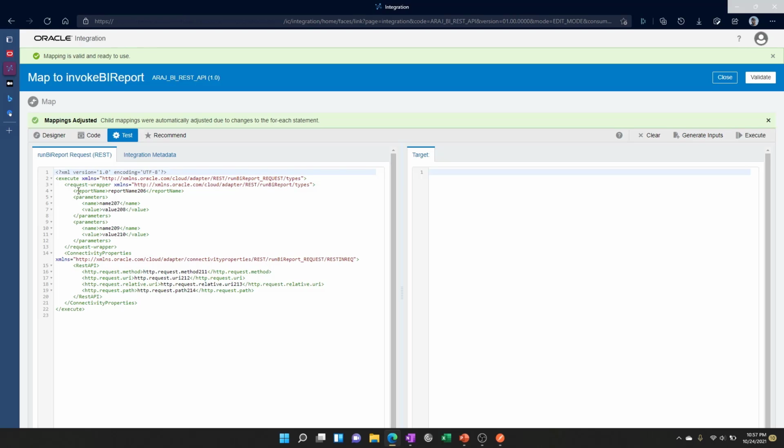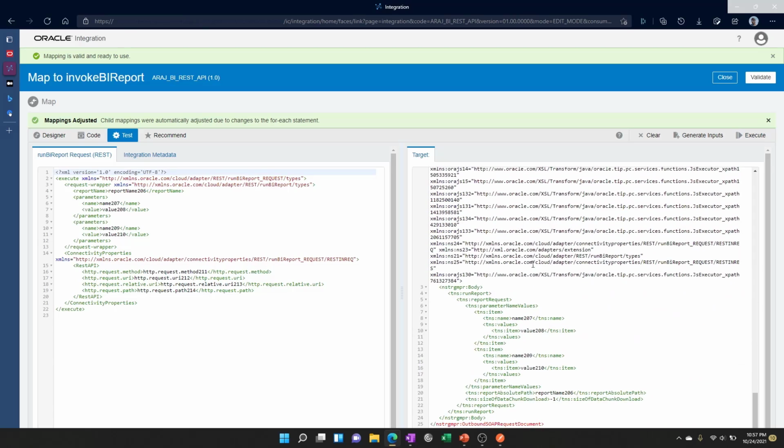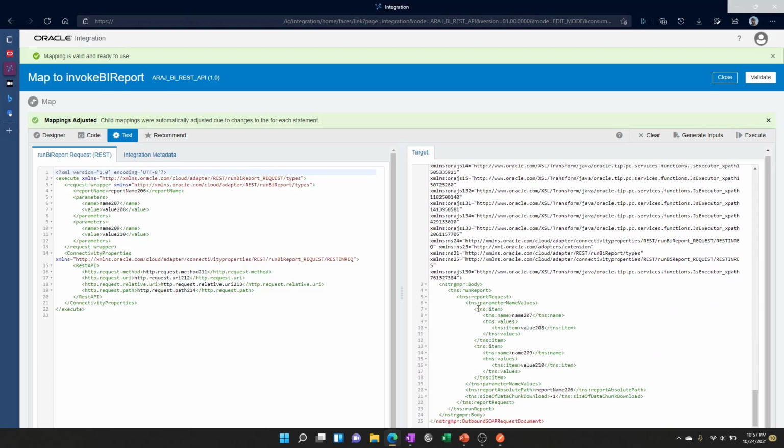So this is our JSON payload. So we have parameters, report name, parameters. So that gets repeated multiple times, right? Name and value, name and value. Now click on execute. So if you go all the way down, we should see, so we have parameter name